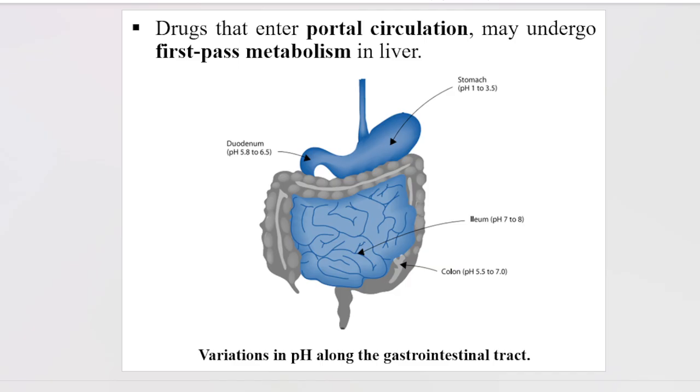So here you can see when the drug is absorbed from the intestine, it is absorbed from the stomach, it goes into the liver, and there is a first pass effect. तो ये जब भी ड्रग अब्जॉर्ब होती है जीआईटी से, it first goes into the liver before going into the systemic circulation. So this absorption of drug from the intestine